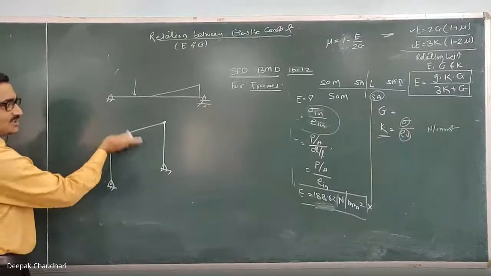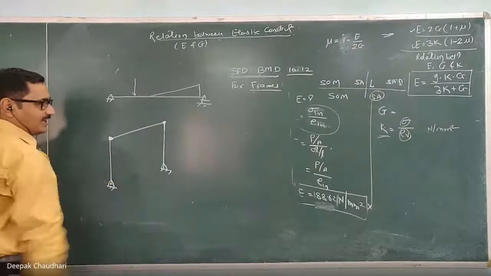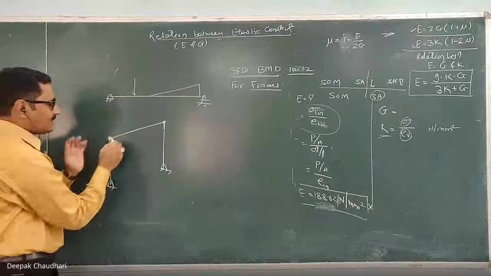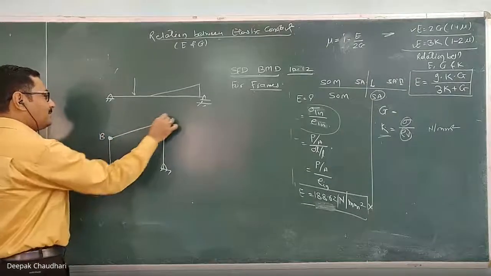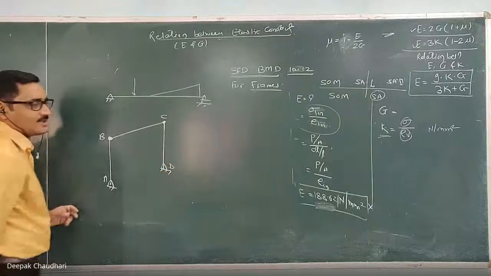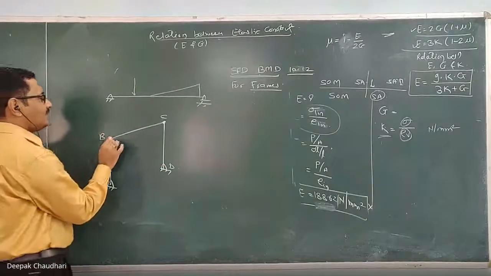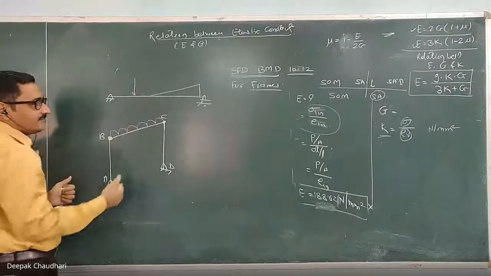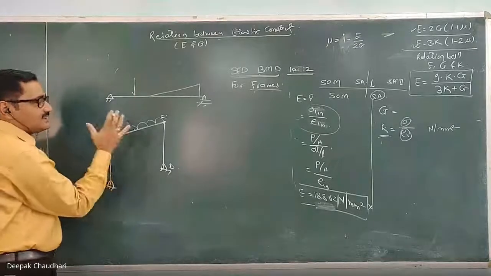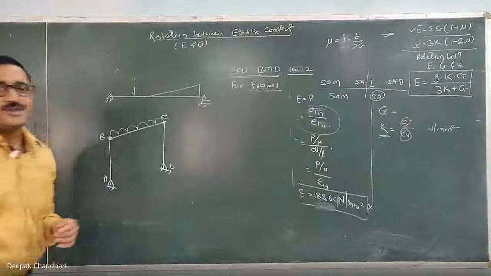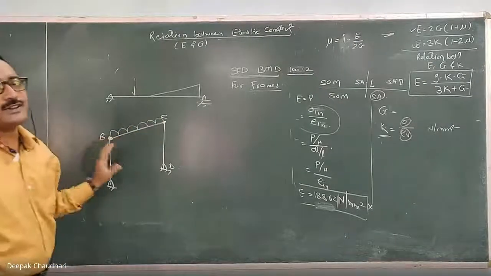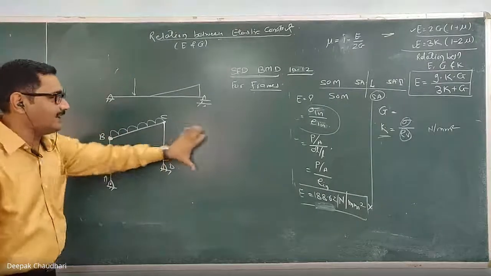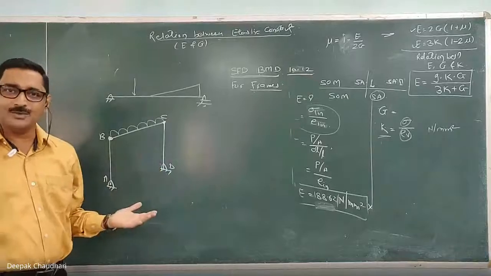Maybe with the help of a pin joint or a rigid joint. At the pin joint, rotational motion is allowed. The rigid joint is like a welded joint, where relative motion is not allowed. So joints may be different. Here AB is one member, BC is another member, CD is the third member. When a number of members are connected together to form one rigid structure, that structure is known as a frame. We have to draw the shear force and bending moment diagram for such frames also, considering each member separately.